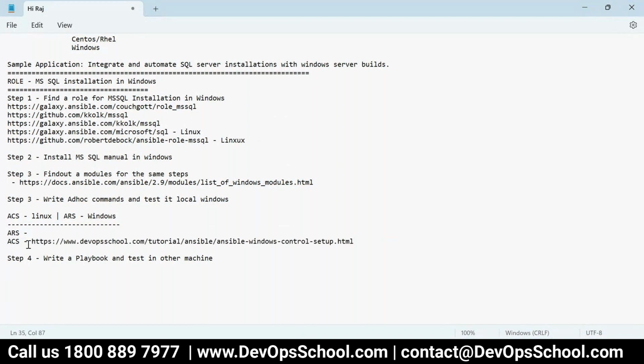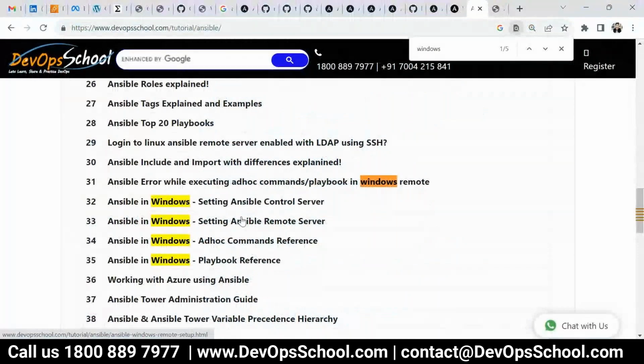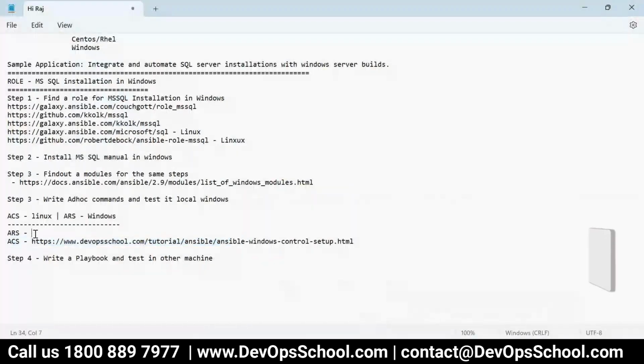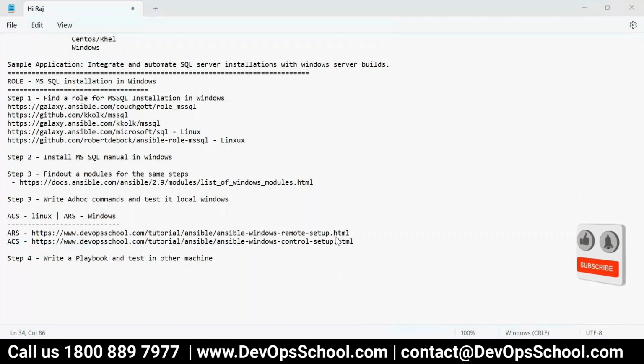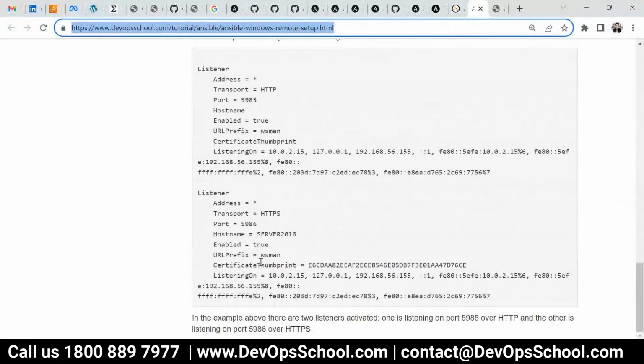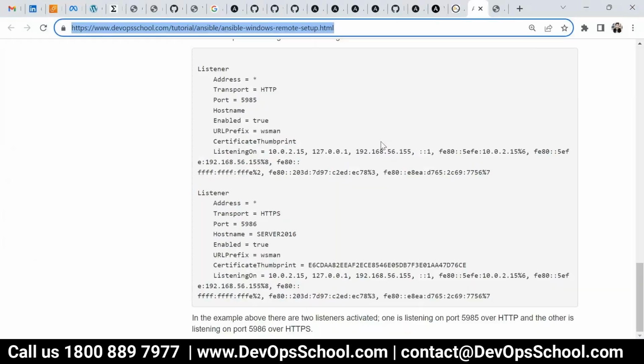Now in ARS, what you have to do? In ARS, you have to do it on the Windows machine. So these installations you have to do. Most of that, if you are using the latest version, will already be there, but get it confirmed. So this setup you have to do in ARS Windows, and this setup you have to do in ARS ACS Linux. Okay, and after that, if this installation is done, then you have to use